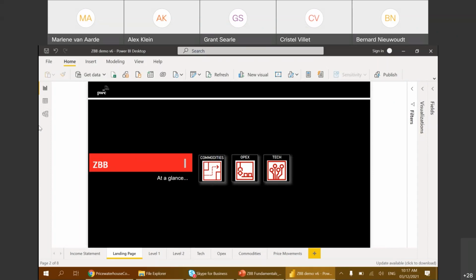Then another question from Andries. Normally we will do ZBB making use of Excel. Does software like SAP also make provision for ZBB, breaking the budget process detail into different components? Maybe, Bernard, if I may, this is quite important as well. Andries, ERP systems like SAP is exactly where ZBB should be used better, making use of the data that SAP does have, which is not necessarily used for budgeting purposes, because we must first normalize that data and understand the holistic impact it has.